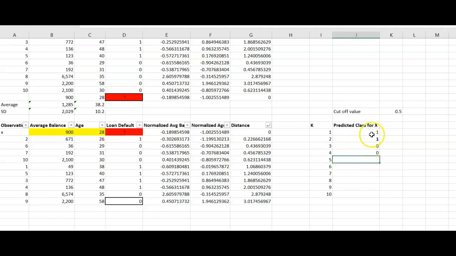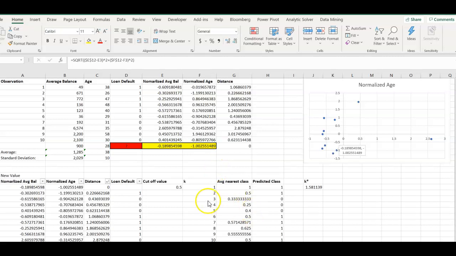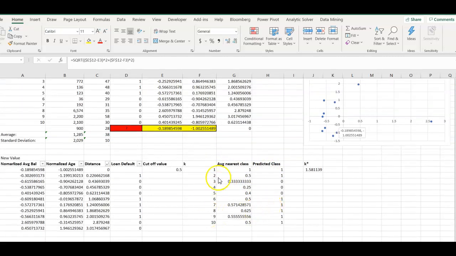So you don't have to worry about doing it, but this is useful in understanding how the algorithm assigns the predicted class for new observation. And similarly, you can continue doing this for k equals 5, for k equals 6, 7, and so on. I have the completed example here in front of me for all the 10 values of k,